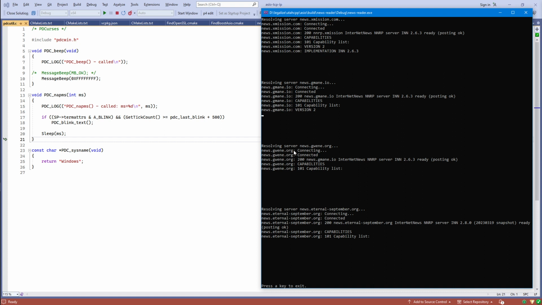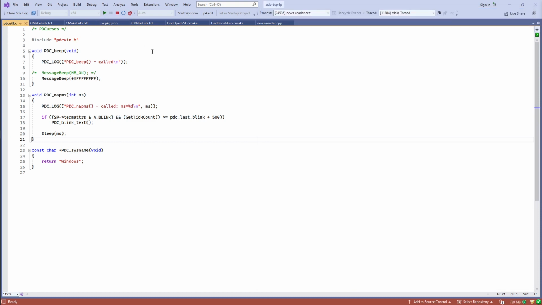And then here's the beginning of the response. Now you can see I have two lines of response in this capability list from this server. I have one line down here. I have no lines yet down here and no lines yet down here. If we continue,